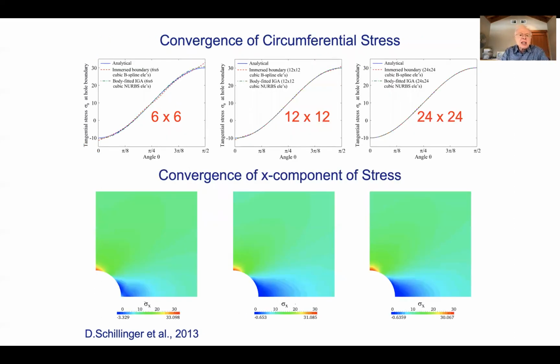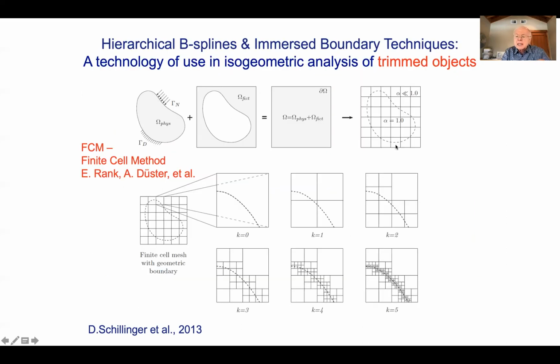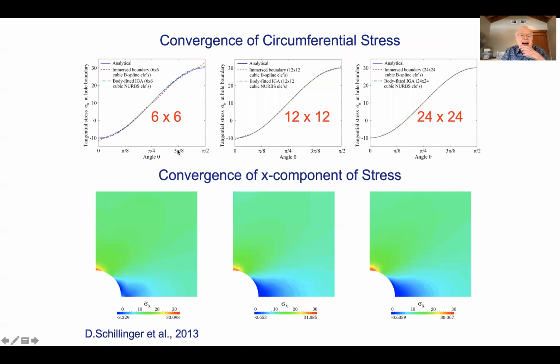And here's just an example. This mesh actually conforms to that picture. It's just a 6x6 mesh of elements. And what you're doing is solving the hole in a plate. These are all cut cells here. You've got a square mesh, and it's being cut by the actual geometry. We just refined to 12x12 and 24x24. And what these analytical results up here are is the circumferential stress, the hoop stress around the hole. And this is the distribution of it. So what you're